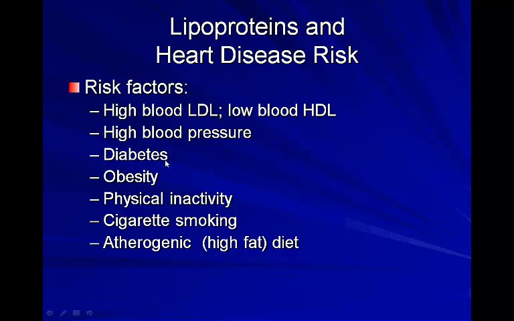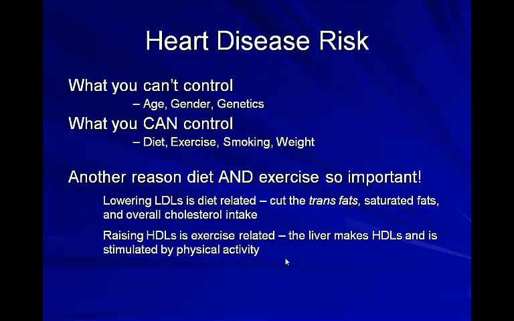High blood pressure, diabetes, obesity, physical activity, cigarette smoking. Cigarette smoking is known to contribute to capillary damage and hardening of your arteries. And an atherogenic diet, which just means a high-fat diet. A lot of big fat steaks and a lot of burgers, a lot of highly fatty meat. Again, all things in moderation. Not that those things are bad for you, but if your diet never consists of any fruits and veggies and it's all highly fatty meats, that's not a good sign.